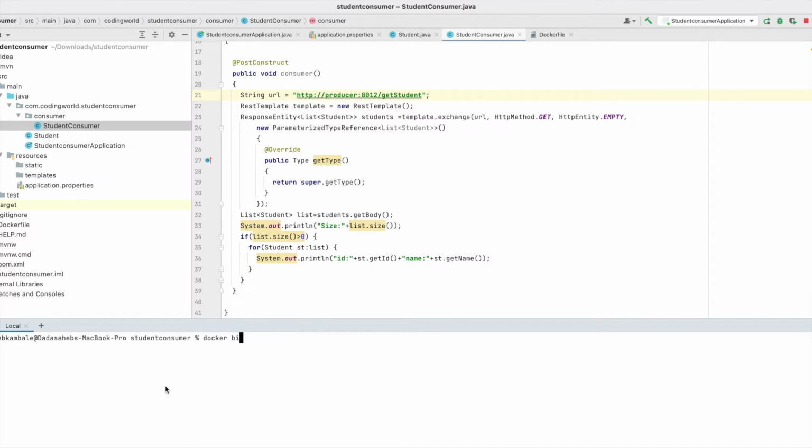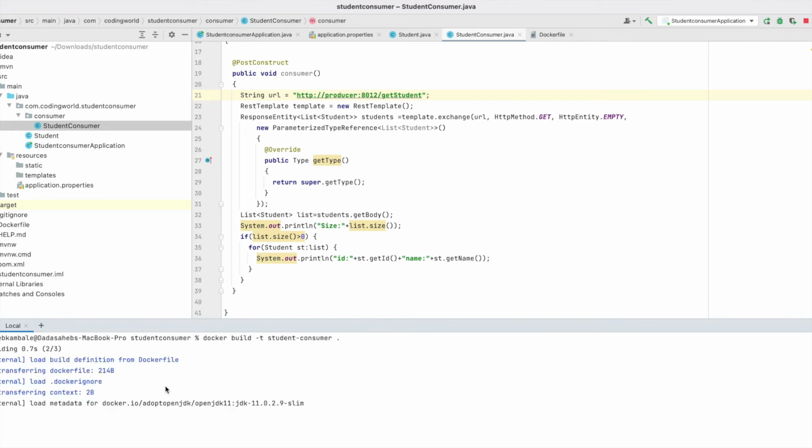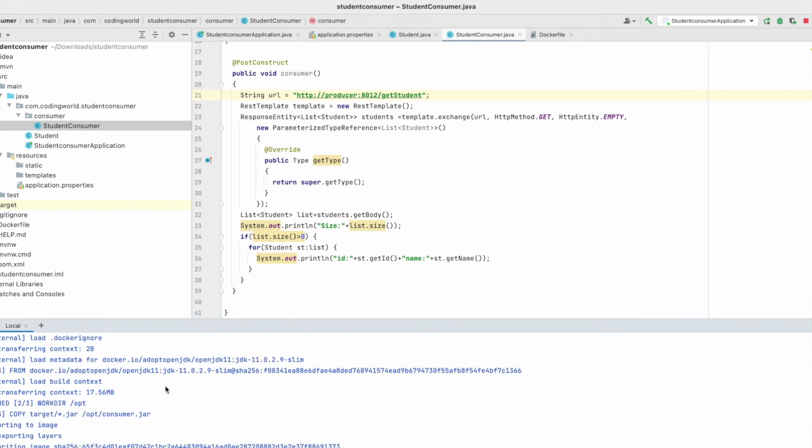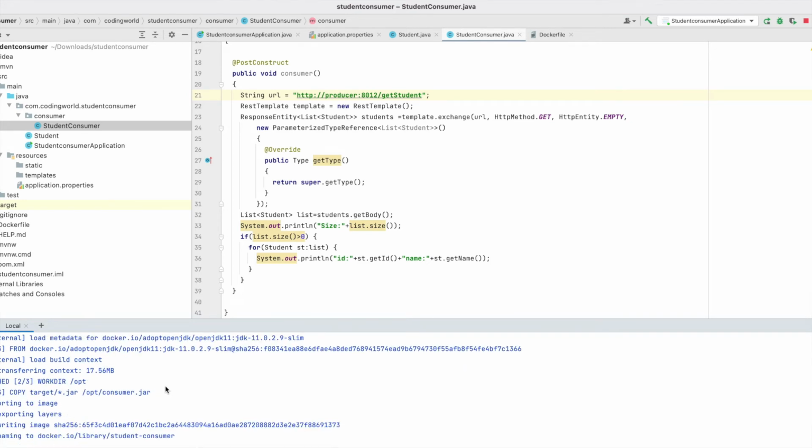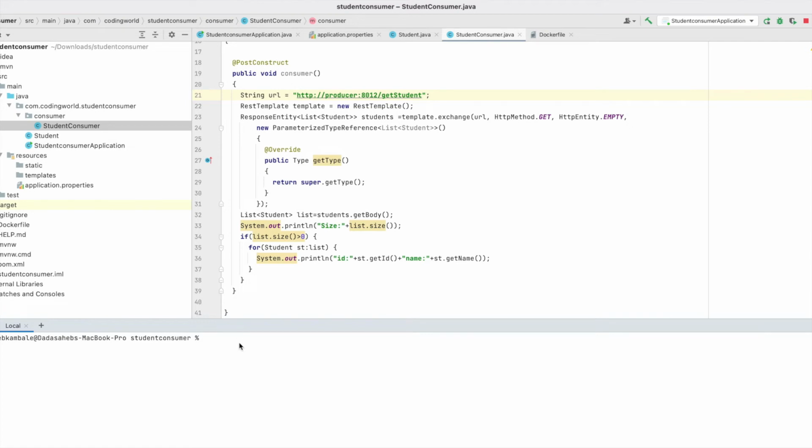Docker build -t student consumer. Let's give the tag as student consumer. Yes, we have created our consumer successfully.